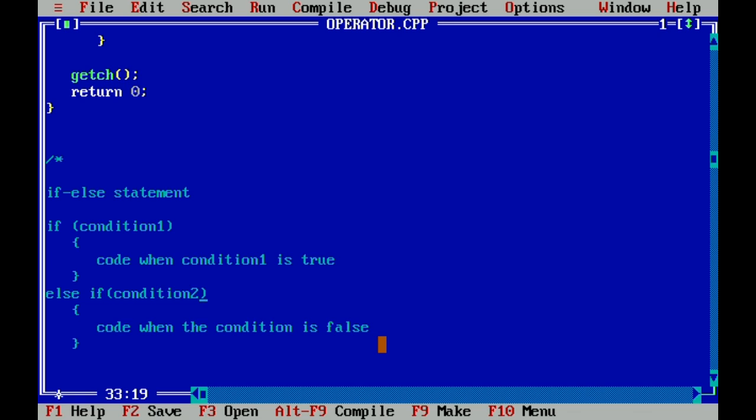So this time, there is more than one condition involved. Of course, with more conditions involved, you will now have a lot of possible outcomes because the next condition will either be true or false also.